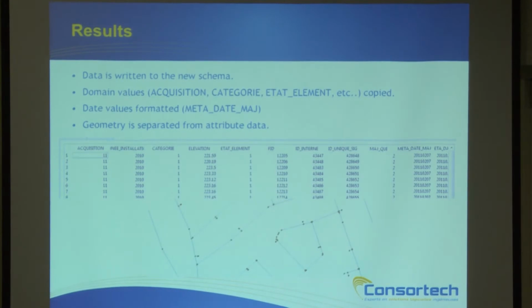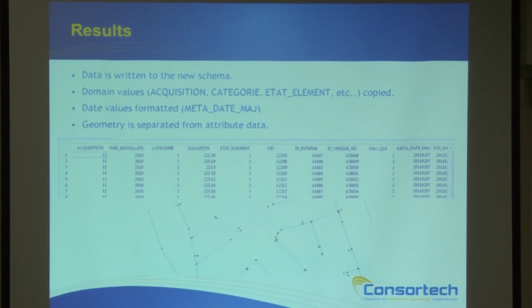So the results: the data is written to the new schema. The proper domain values are copied. And the date values are formatted the way they need to be formatted. And we have the geometry separated from the attribute data. So in one table, we have all the geometries for all the points, and the attributes are all separated into different tables. For example, we have one attribute table that has all of the information associated with